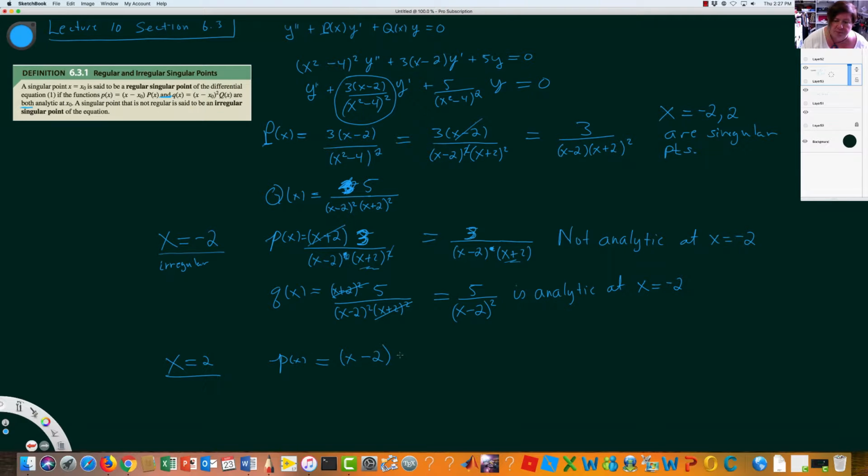We'll multiply big P of x, so it's 3 over x minus 2, and then x plus 2 squared. All right, well, that's going to cancel, and I get just 3 over x plus 2 squared. And of course, at x equal positive 2, this is perfectly fine. So it is analytic